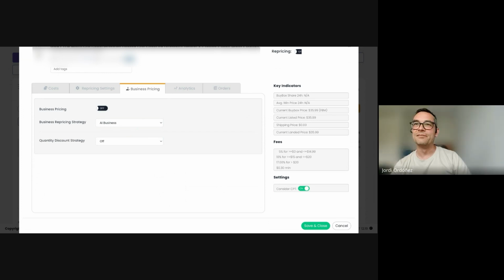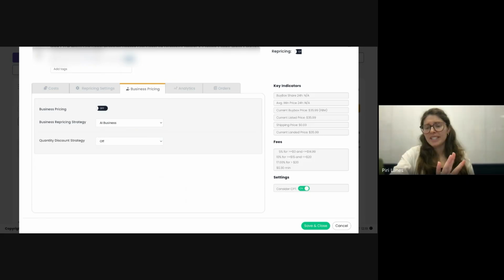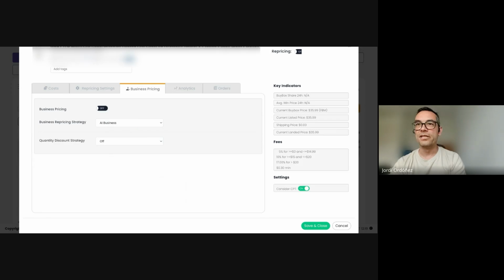Super easy. Absolutely. I mean, it's super easy. I don't use it for this account, but I use it for customers' accounts, and you can get this thing running in less than 2 hours, 3 hours. I mean, it's super quick. As long as you have your mins and maxes or your costs, you can get up and running within 5 minutes. Absolutely.